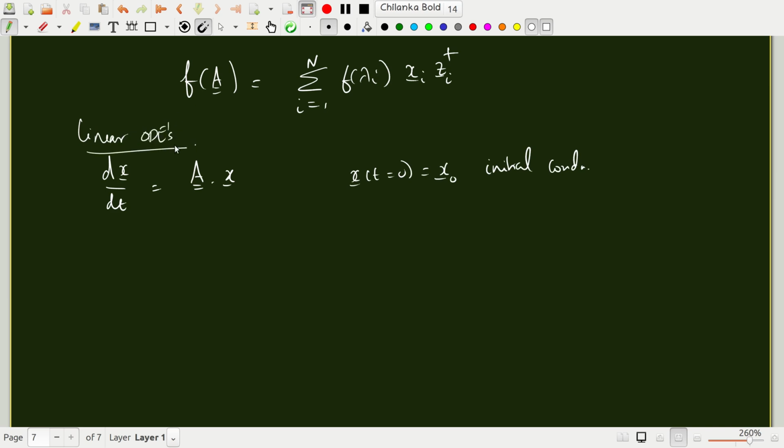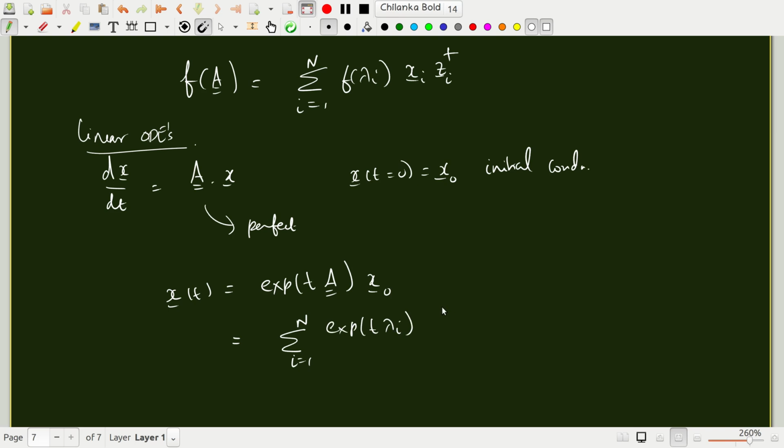If A is perfect, then the formal solution can be written as x of t is exponential of tA operating on x naught. This is nothing but the summation i equal to 1 to n of exponential of t lambda_i x_i z_i dagger